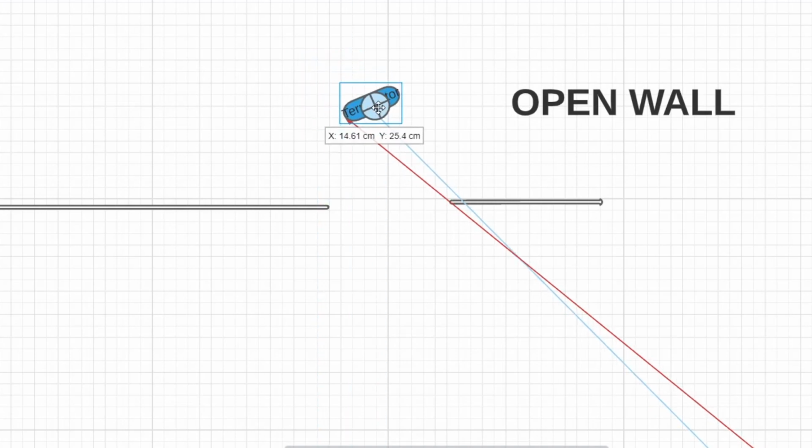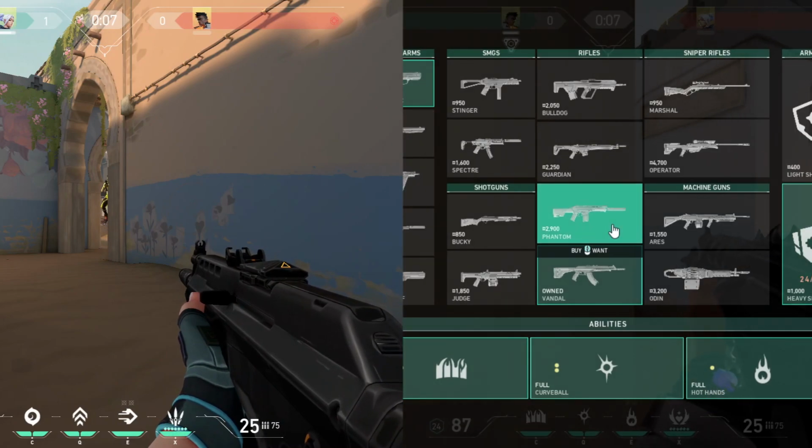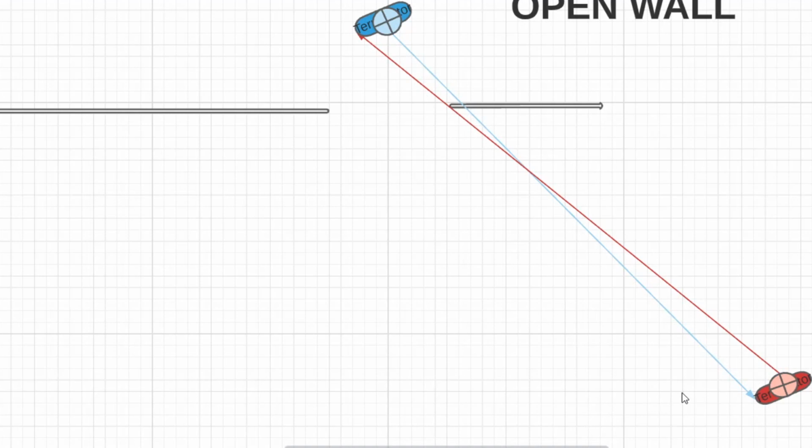If I bring blue closer to the corner, you can see the advantage amplifies. Red is now able to see blue while blue cannot see red. So that's how angle advantage works. The person who is farther from the wall will always have the advantage, and if you want a more clear reference, you just need to make sure that the intersections of lines of sight is towards you and not towards